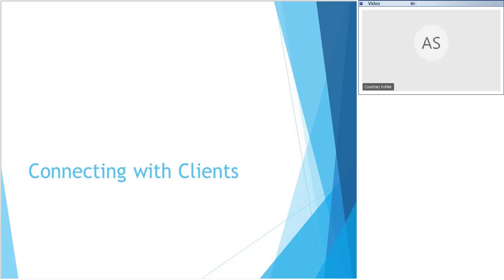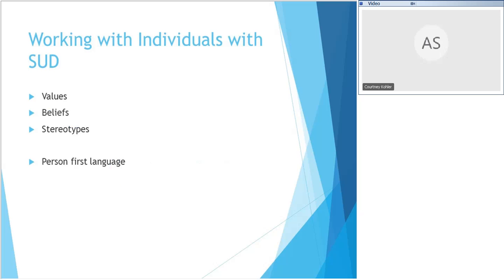So one of the biggest things about working with individuals with SUD is having a good understanding of what your own values, beliefs, and stereotypes are. And I encourage everybody, even the programs that I work with, because I work primarily with women's treatment programs, to take a regular inventory of how you're feeling about your clients, what you're thinking in your head when somebody's talking to you, and kind of deconstruct all those different things and see if you're having some of those stereotype issues,